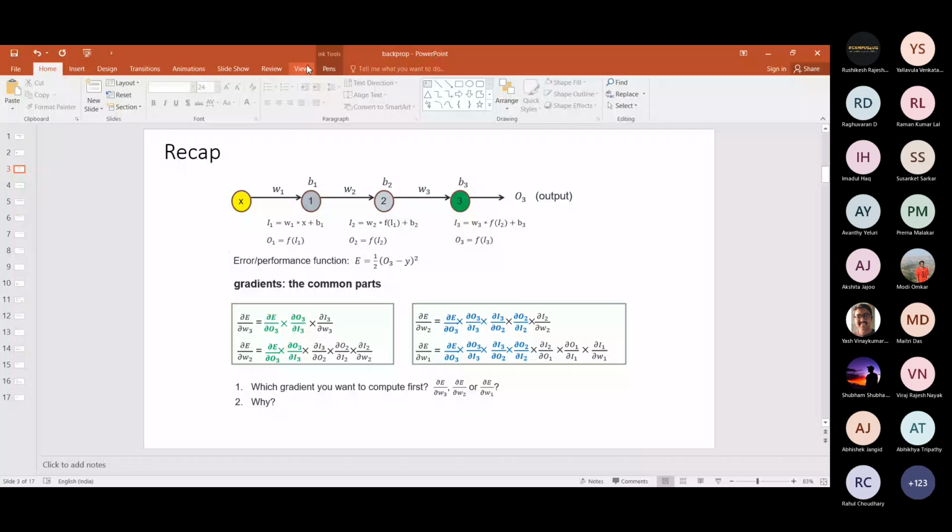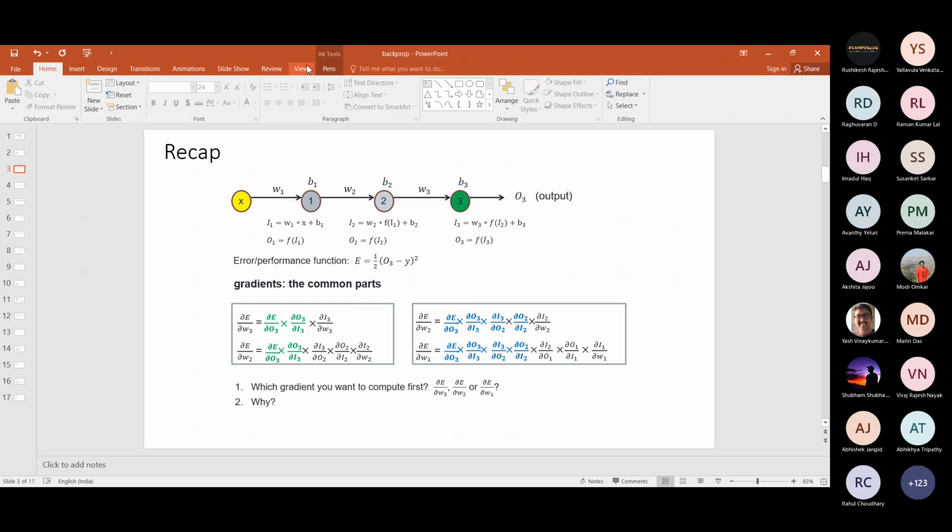Okay. Now you define an error function. For a particular configuration of values, for example the values of these weights and biases, what would be the error of prediction? So you compare O3 to Y. Y is basically the gold standard data. O3 is predicted by your network. That's the error function. People use other kinds of error functions, like logistic loss and things like that. But anyway, the objective is basically to see how well your network is actually doing.